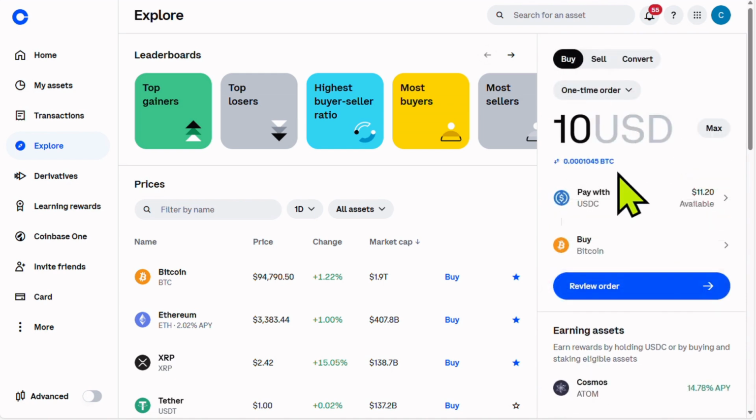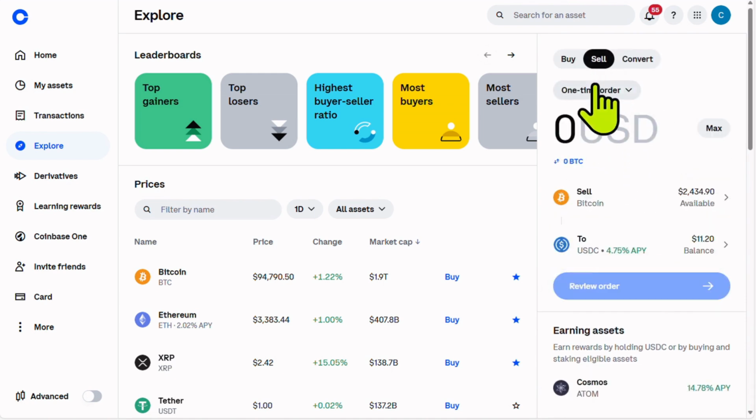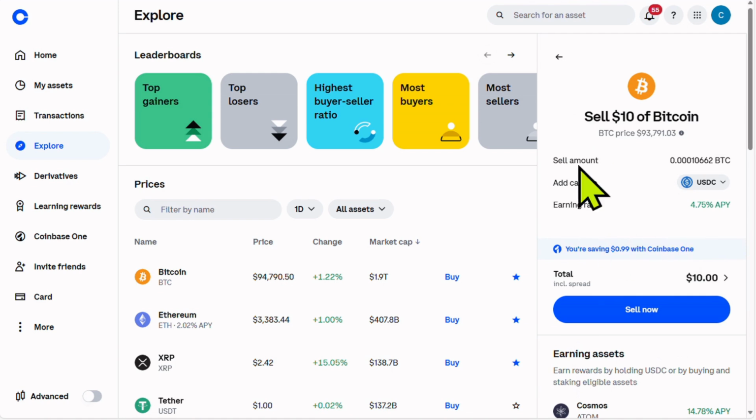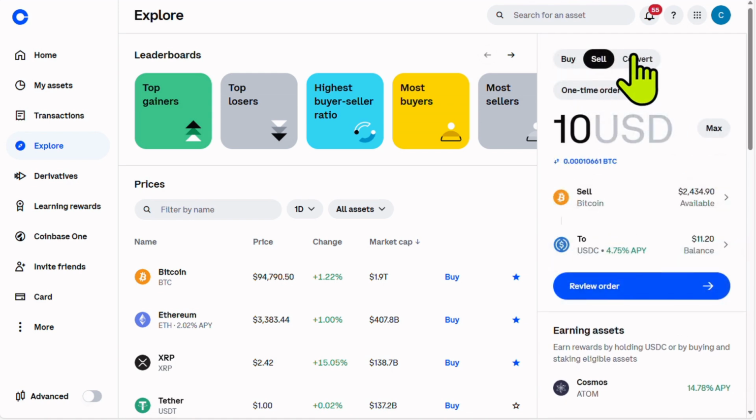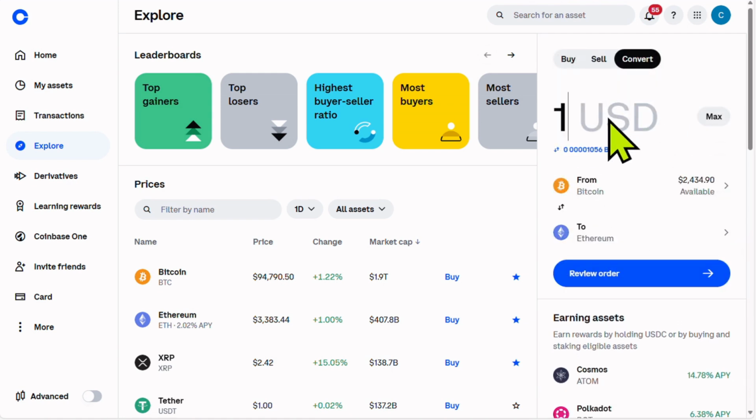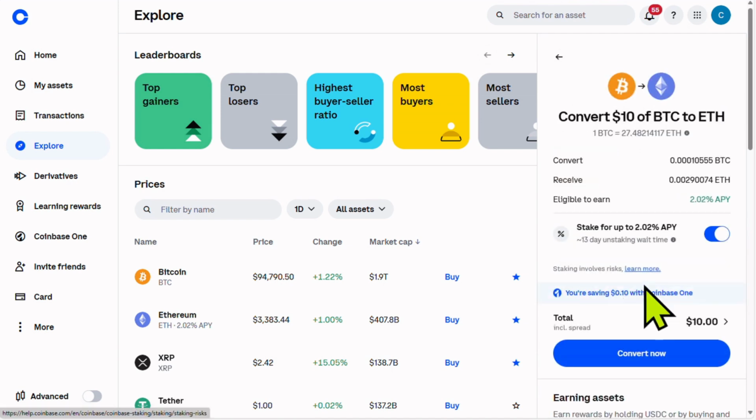Cryptocurrency sales can be initiated in the same location, with proceeds being deposited to your available cash in the form of USD or USDC, which is a digital dollar directly pegged to the dollar. And finally, converting. Users can exchange one cryptocurrency for another through the conversion feature, with real-time rate calculations and fee